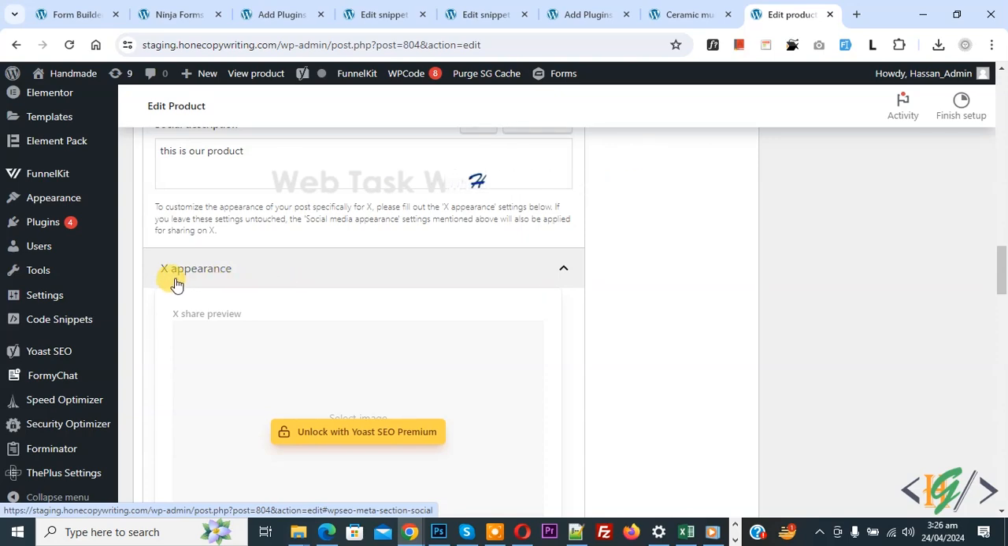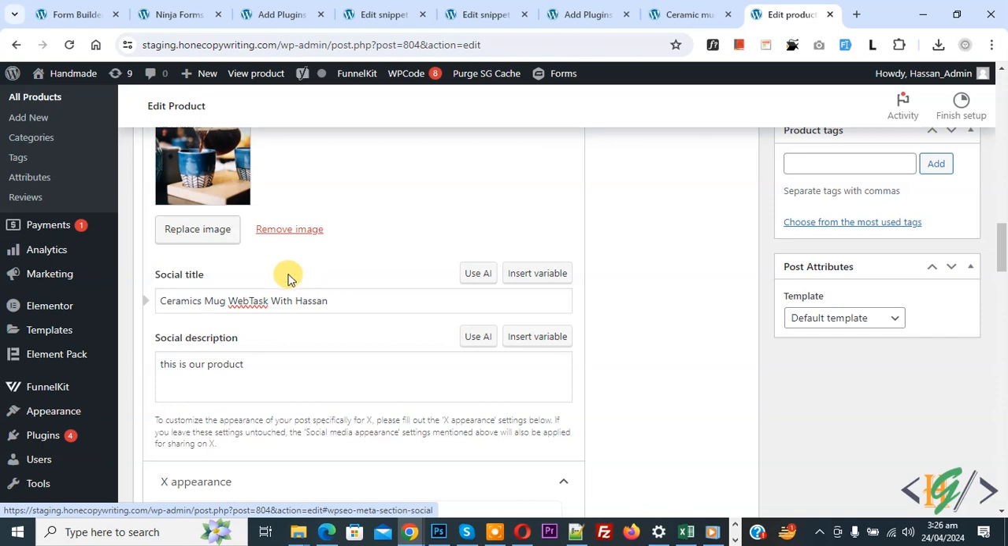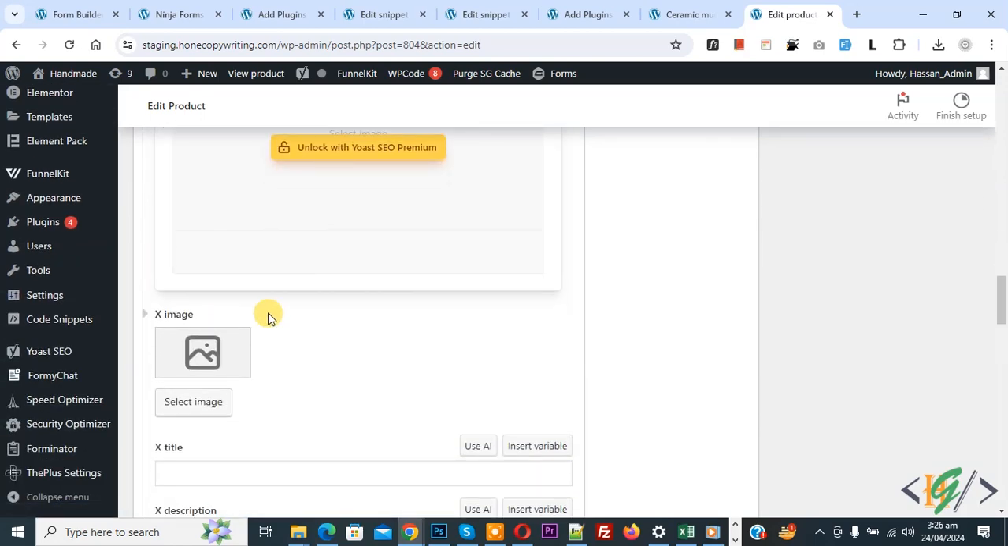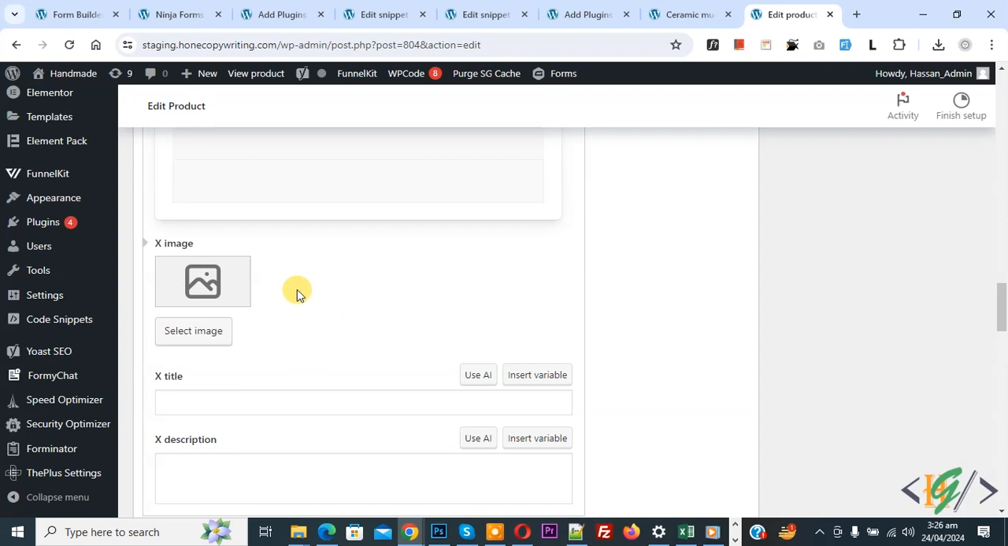Now you see X appearance. If you are not using this, then this layout shows on X. Now click on it and then you see X image, so you can add your WooCommerce product image for X